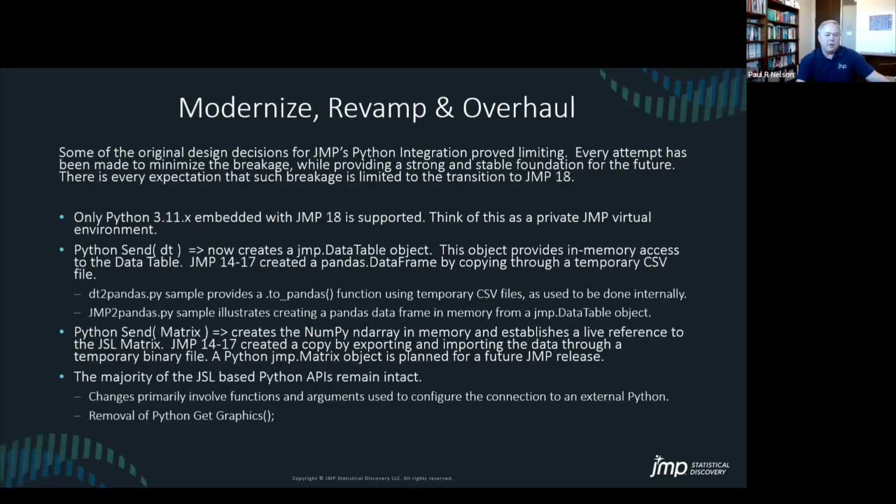The other thing that will affect scripts is we've changed the way Python Send of a data table works. It now creates a jmp.DataTable object. This is live access to the JMP data table, an in-memory copy, and you can edit and modify the existing table. It's no longer a copy. JMP 14 through 17 created a pandas DataFrame object by copying the data through a temporary CSV file in the file system. For large data,